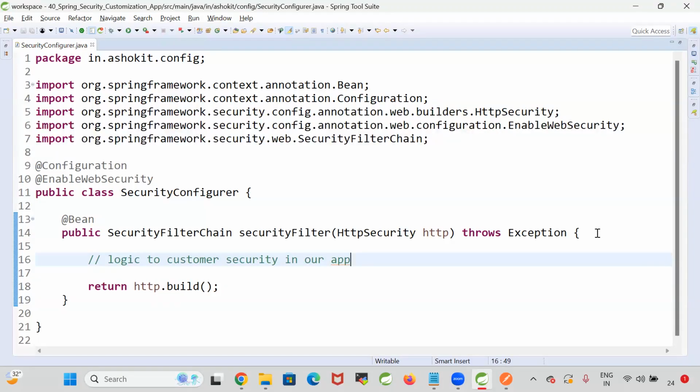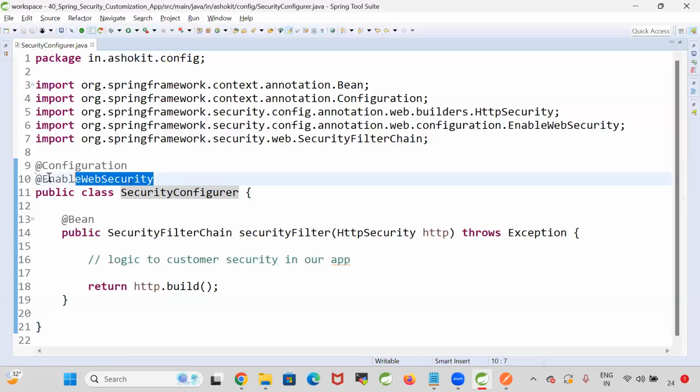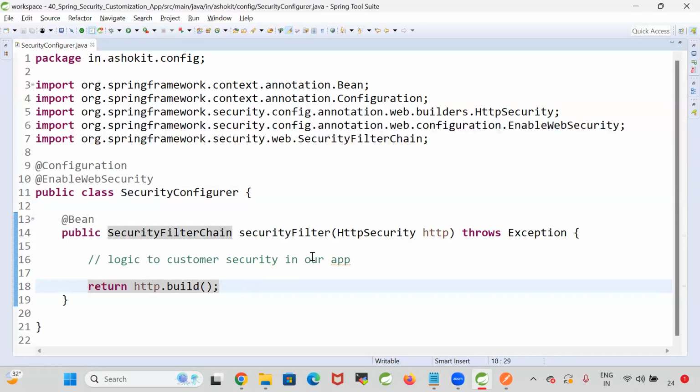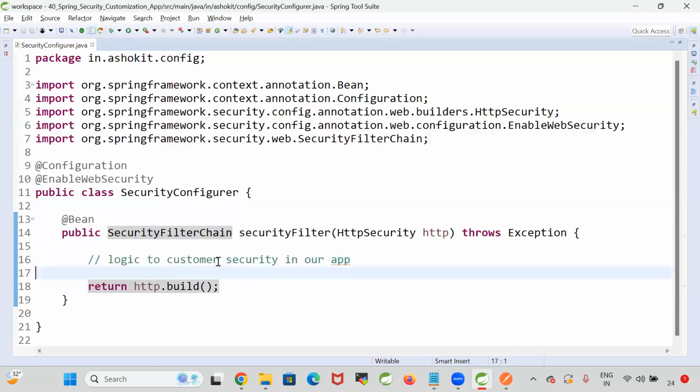Are you guys able to follow me? I'm creating one security configuration class. To represent this class as a configuration class, I'm writing the @Configuration annotation. What is the main purpose of this class? It is used to implement security in our REST API. For that, we are using the @EnableWebSecurity annotation. SecurityFilterChain, securityFilter, HttpSecurity is available, and here goes the logic to customize